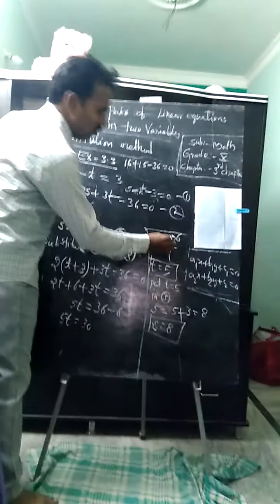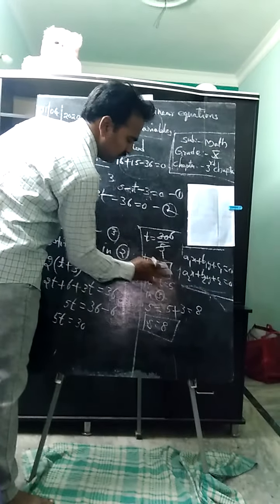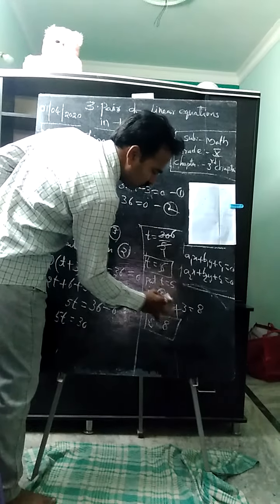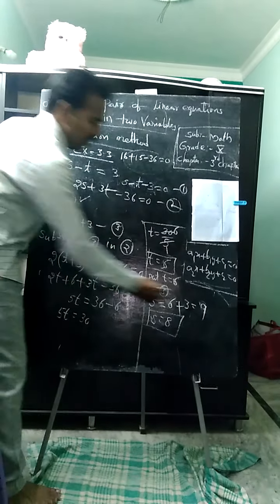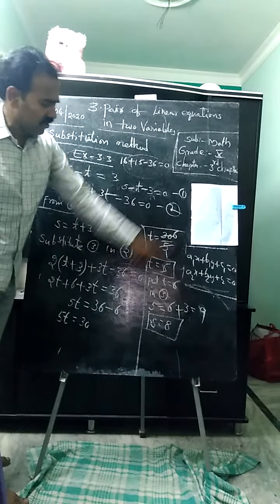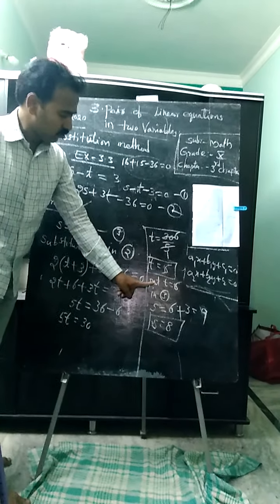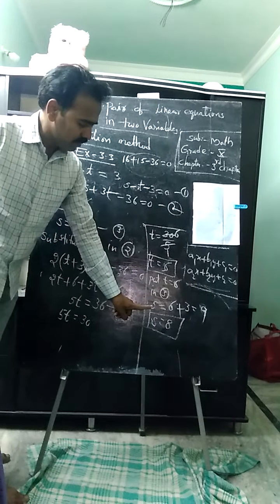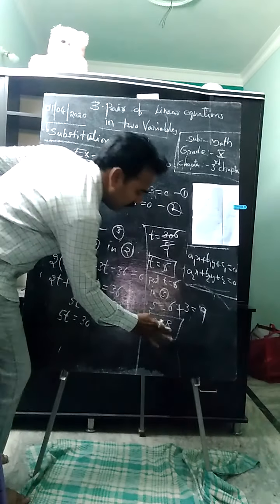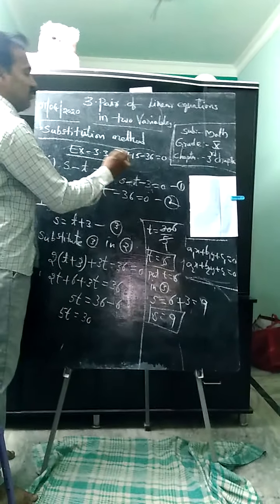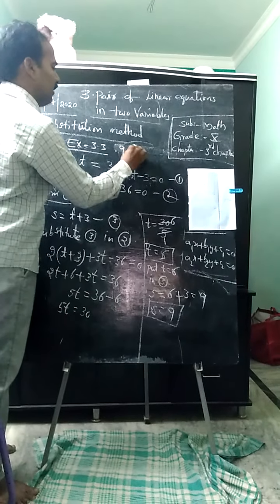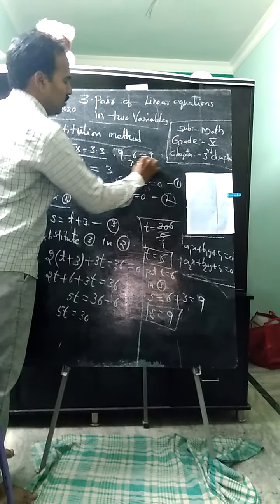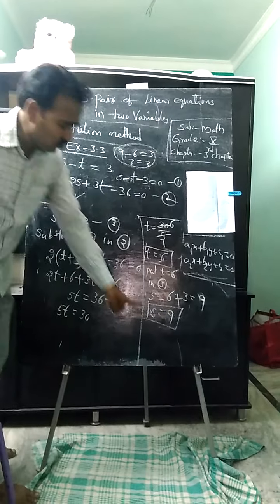Yes, students, once you observe here, 5 1 is 5 6, so t is equal to 6. Put t equal to 6 in equation 3. Then we get s is equal to 6 plus 3, 9. So s value is 9, and 9 minus 6 is 3, which is equal to 3, verified. So s is equal to 9.